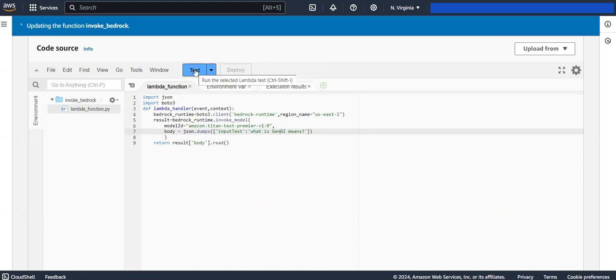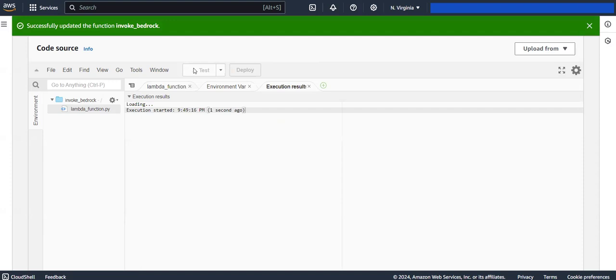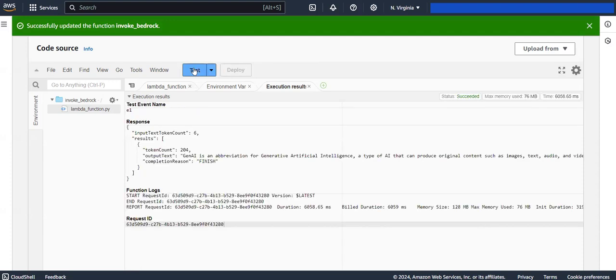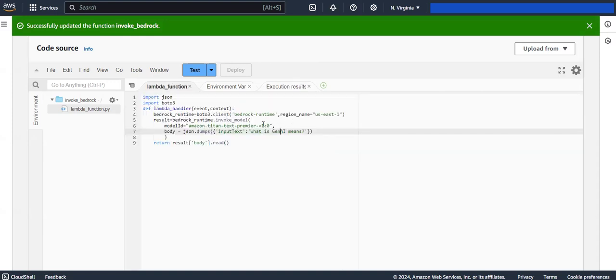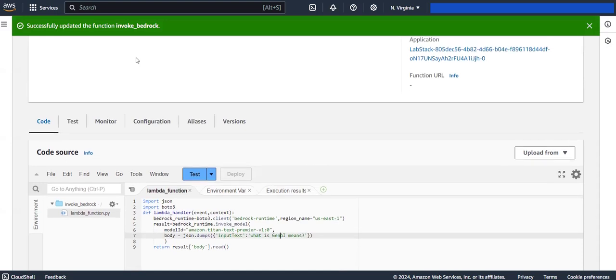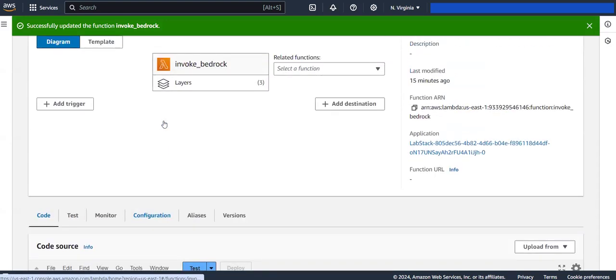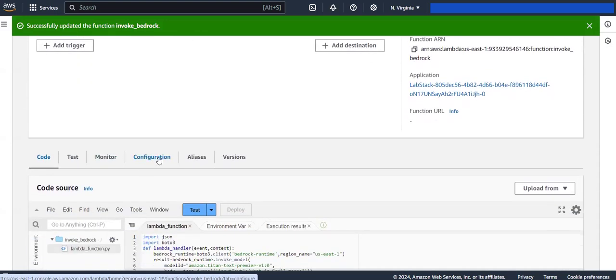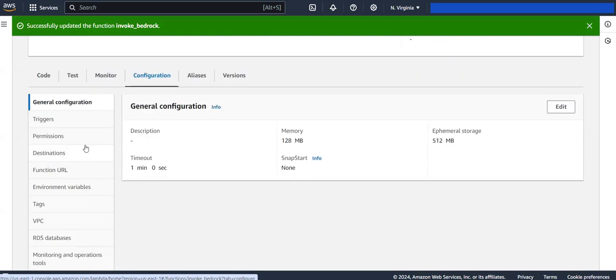Now let's ask a question. How are we accessing our model? Now we are accessing this model from this Lambda function. The question is, how are we accessing our model, either by using public internet or by using private connectivity? In order to identify that, first you need to open your configurations tab. There you can see